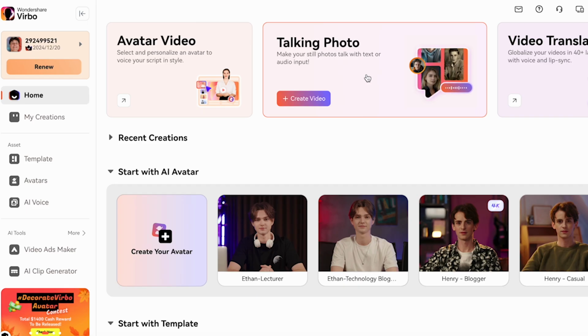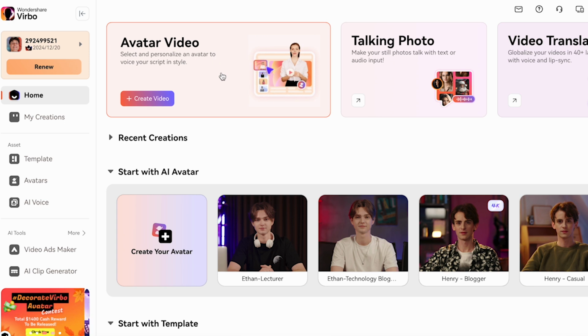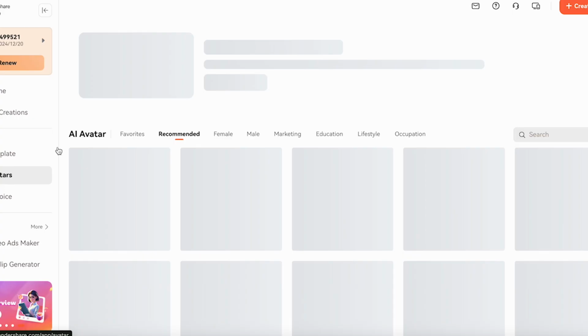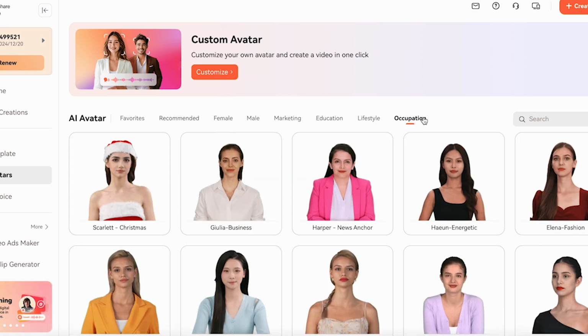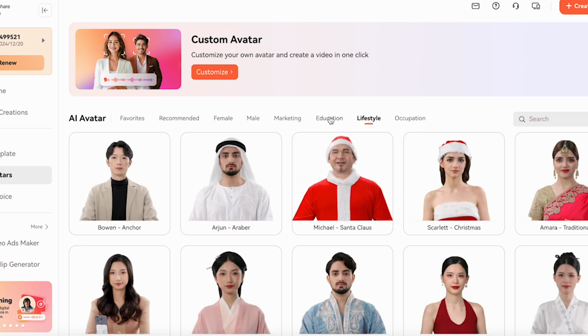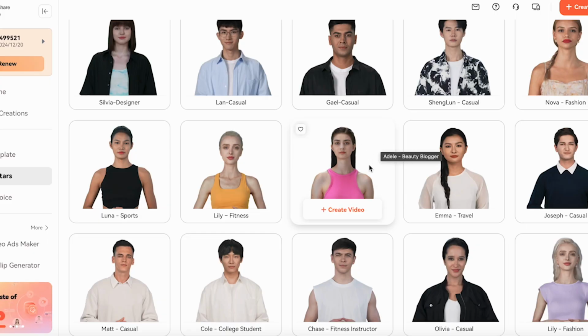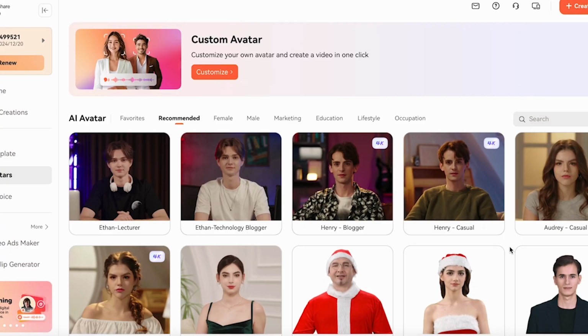Step number 2 is choosing the best avatar for our video. First, we can choose between image talking or actual avatar. I'm gonna go with avatar, but it mostly depends on what the video is about and what our preferences are. That's why we can also sort them by using different criteria like occupation, lifestyle, education. So if I was making a video about yoga, I would use this girl, but for business, I would use this guy. But because I'm trying to do everything like Dylan, I'll also choose a young male with this cool background,